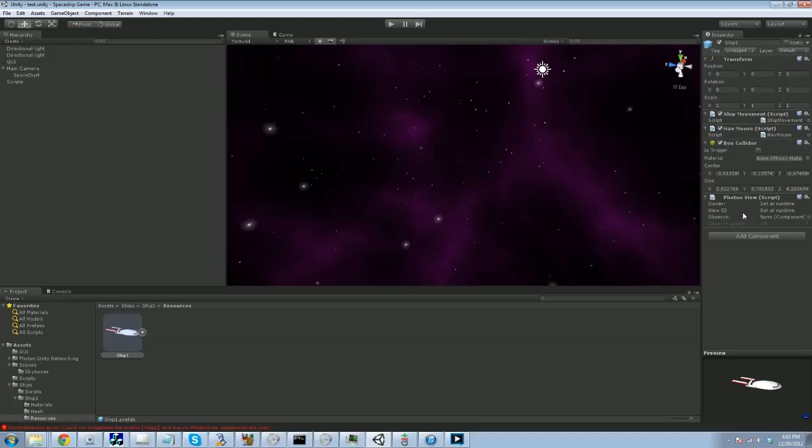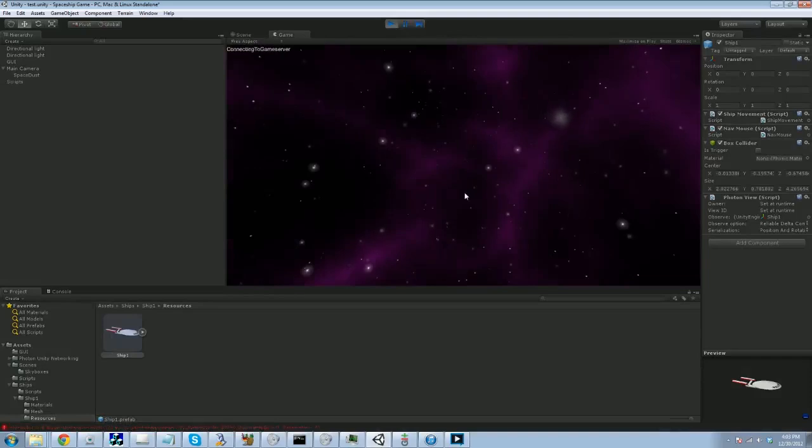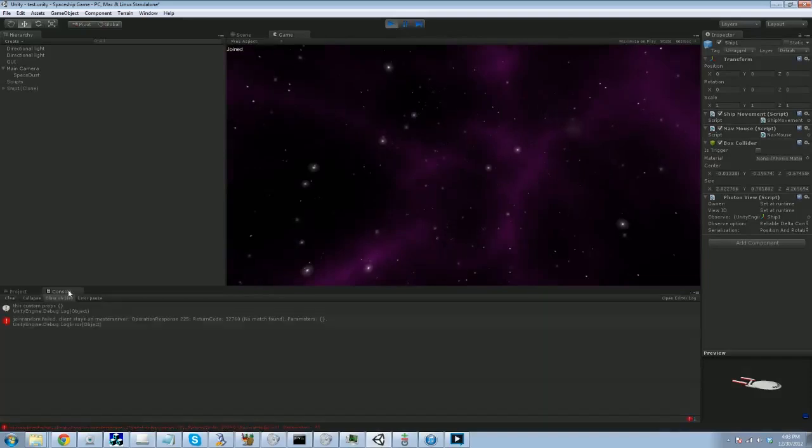And then vice versa, whenever the Photon View receives data over the network, it will feed it back to the component and say, here, these changes have happened. Now, you can put a script in here. For now, we're just going to feed it a transform. We're just going to give the ship's transform to the Photon View, and that should be sufficient to get rid of our errors, unless I've run into some more,